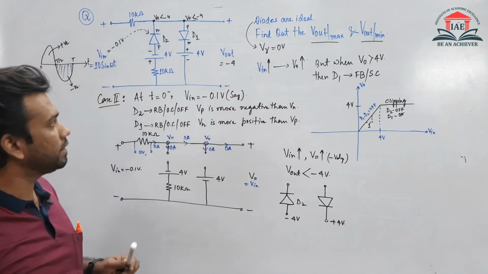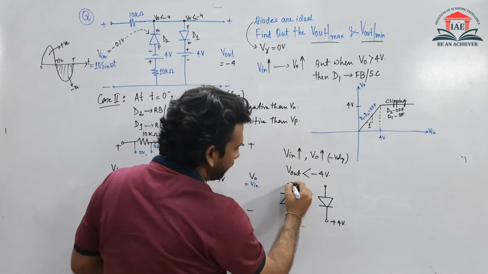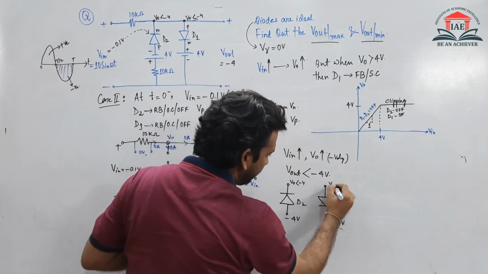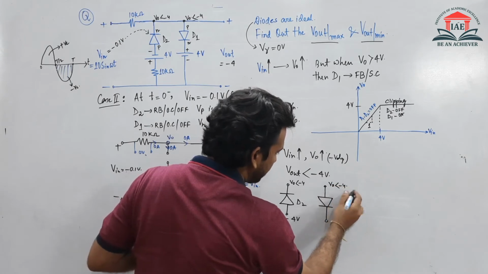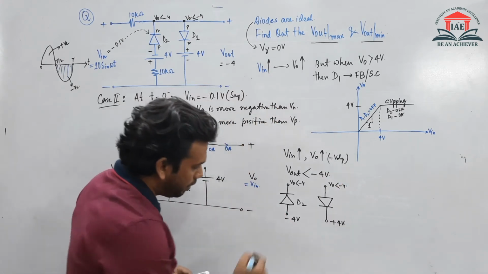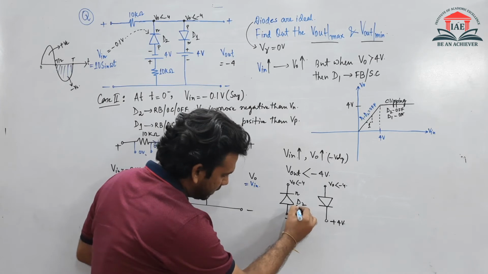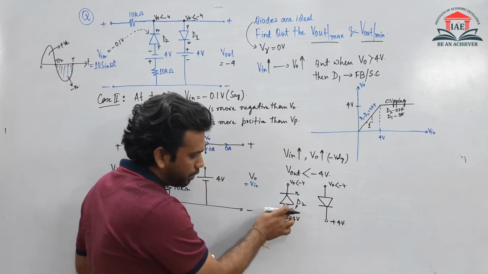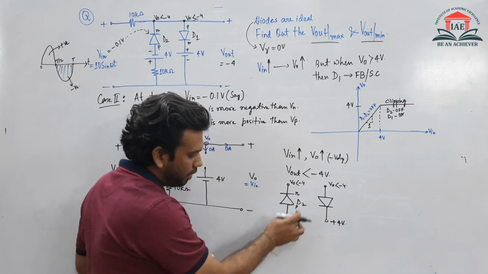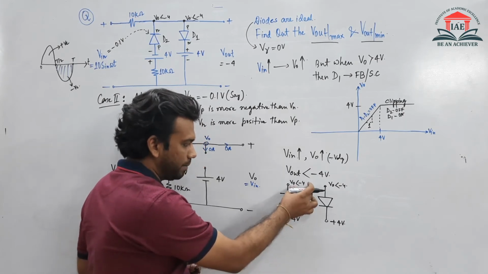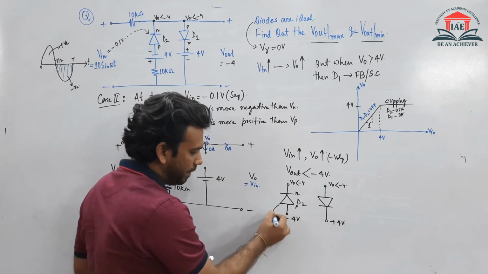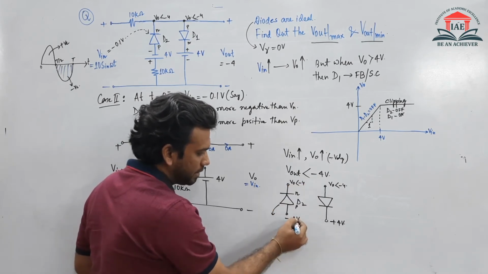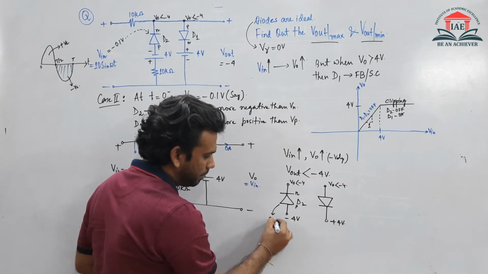If the V0 increases, what will happen? So if this V0 is less than minus 4, मतलब more negative. So this is the N side, this is the P side. So N side और P साइड में देखिए D2 को, तो P साइड में मेरा -4 और N साइड में मोर नेगेटिव. सो मोर नेगेटिव अगर होंगे तो ये वाला जो डायोड होगा मेरा, if it is more negative than the P side, then it will be on condition.